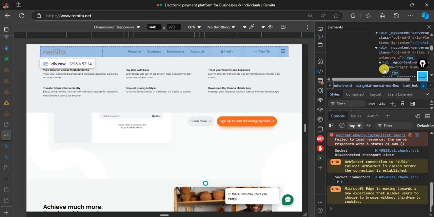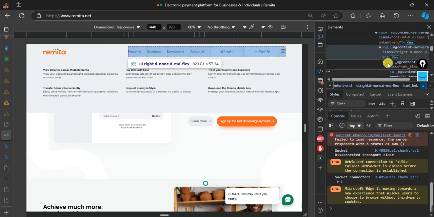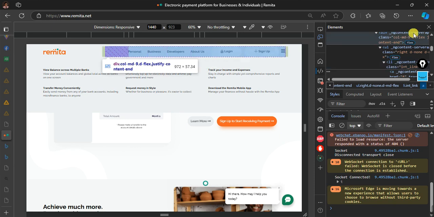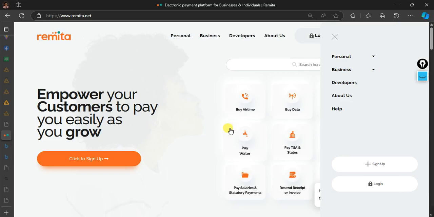What they use, can you see now they are using what we talked about, the list. So which means they are taking this in as a list, which is UL, or another list. You're having your list items. So each one of them is a list item, but they've removed all those markers that used to be there on this one. Because with CSS, you have the power to change all these elements to behave the way you want. And once you get to the CSS, you see how these things are being done. There is no magic there. It's just something that you are going to type, and this thing is going to bring them out for you